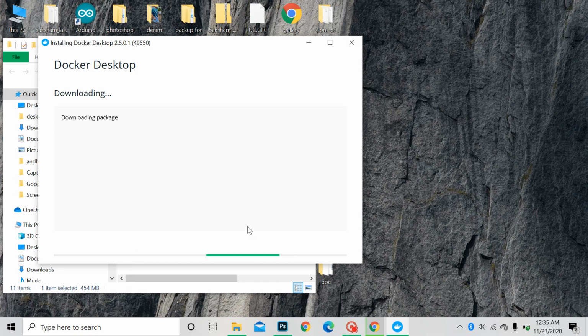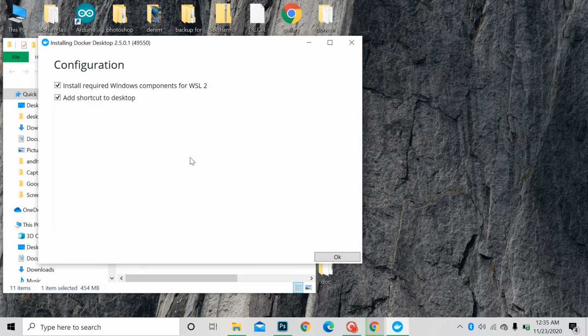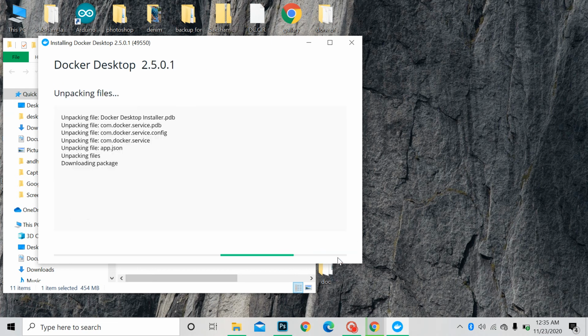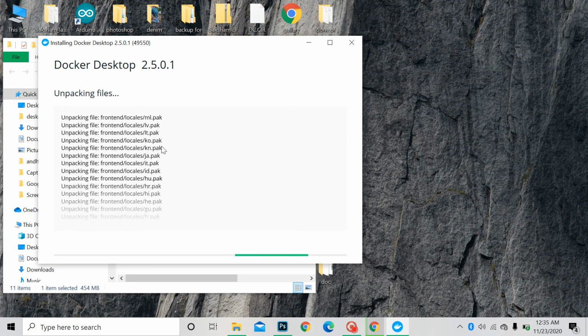Now it will install the required Windows components for WSL2. I think it will create some error in the next step, so let me see also. It will install all the packages or file resources that you need. So let's pause for a moment.